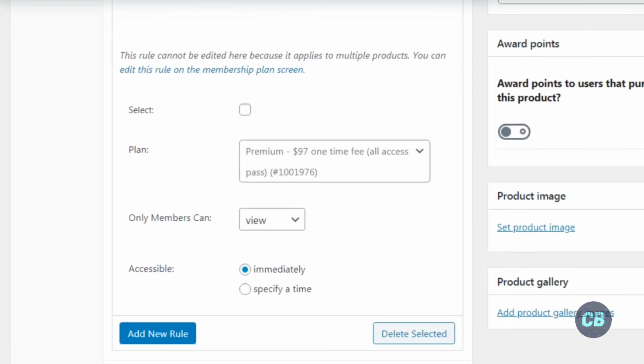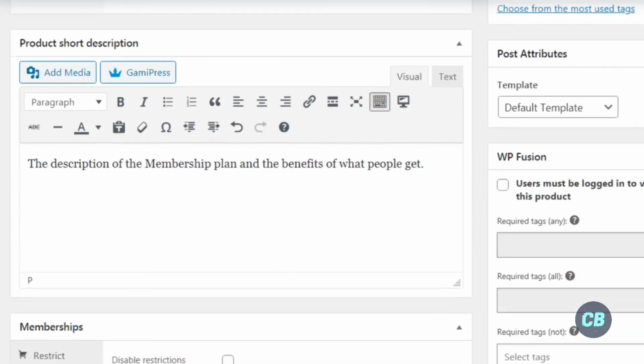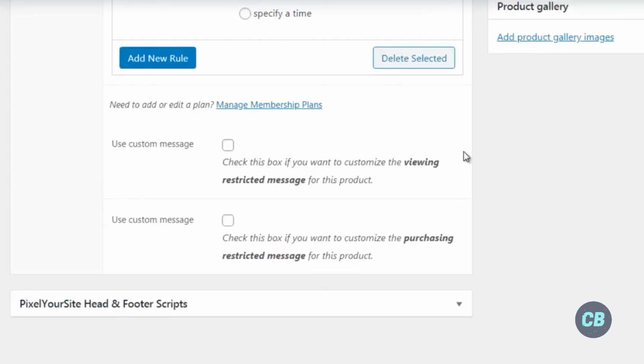So what we want to do is add a new rule, select that, and select the plan. So in this case, we're going to just choose premium. And then of course, only members can view or purchase. So what that means is only members of this can purchase this product. So we are going to simply click view because we don't want that to be the case, and they have accessibility to it immediately. So we're going to add that rule,